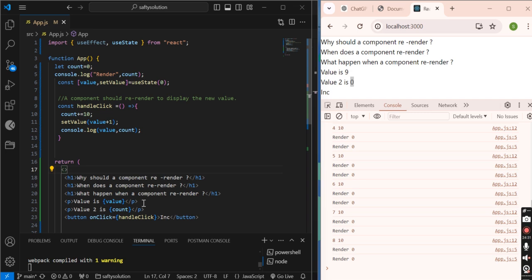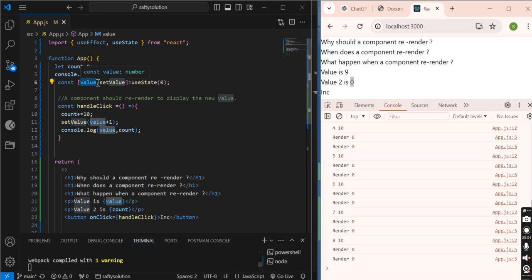But in this case we have used a special variable which is known as state. So at each re-render, this set value remembers the previous value plus 1, like at each re-render it knows what I have to return, what I have to put here in this value.